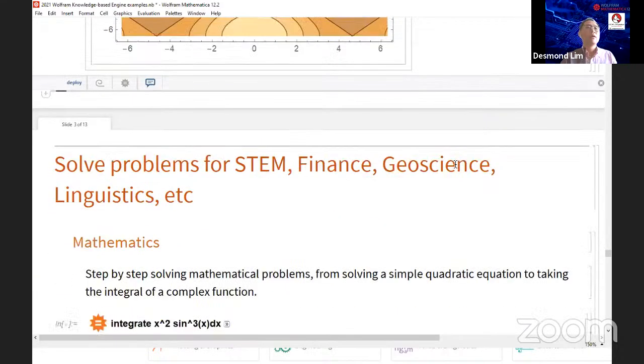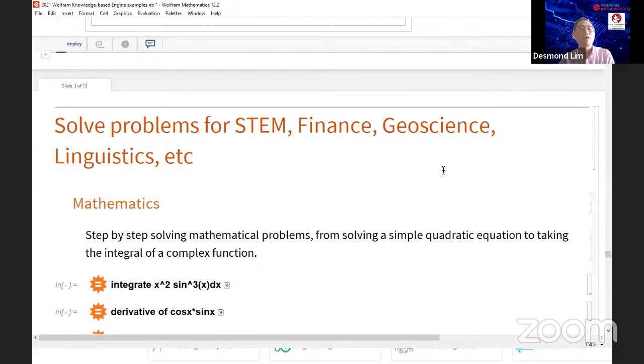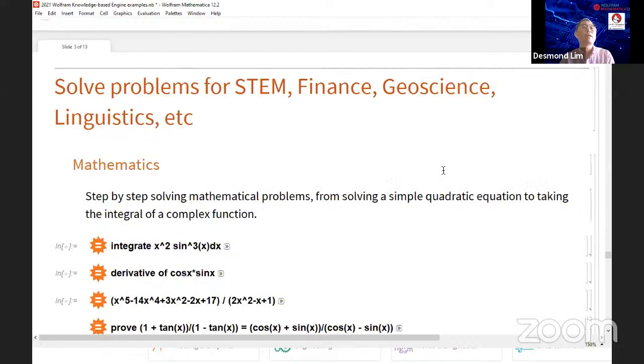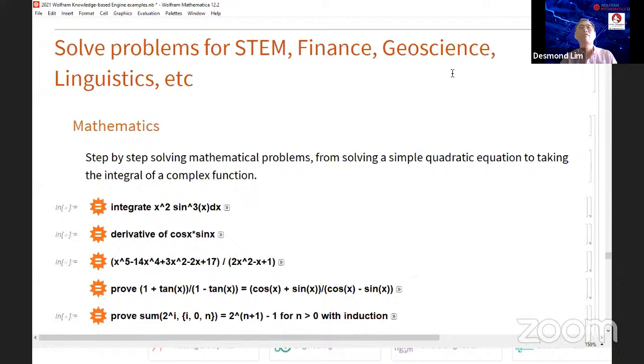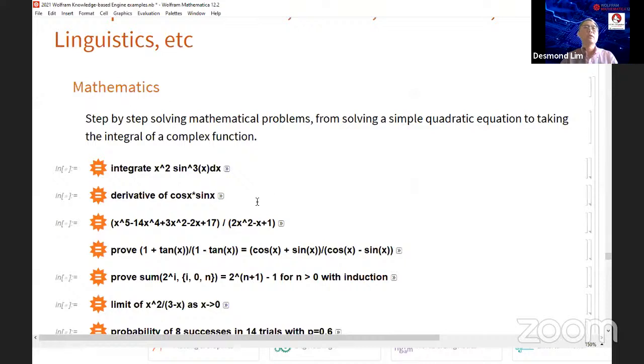Okay. Besides all I've shown you just now, I want to go into individual objects or subjects so that you have a better idea. Let's say you are coming from mathematics, or you came in from finance or linguistics. Later on, I'll show you some examples from each domain. Okay, if you are looking for mathematics, let's say I'm looking for integrate x squared